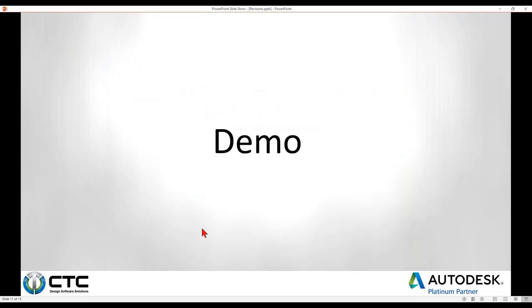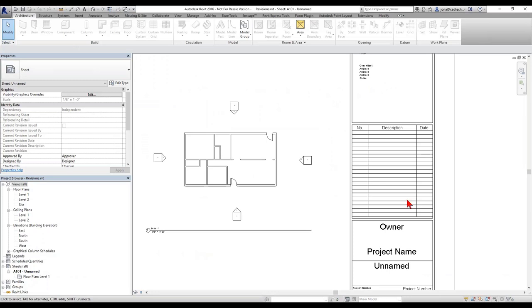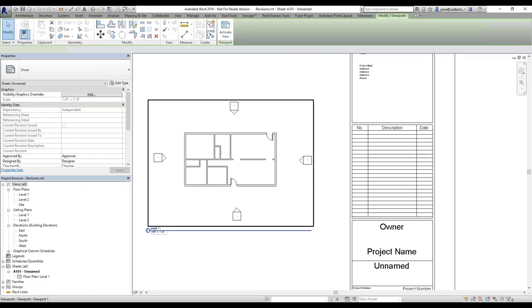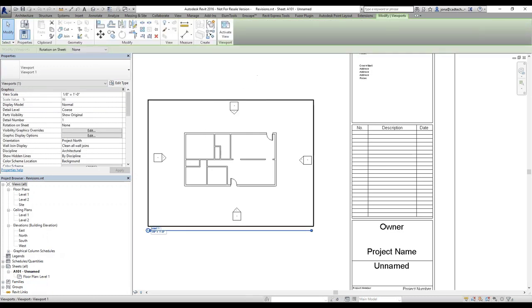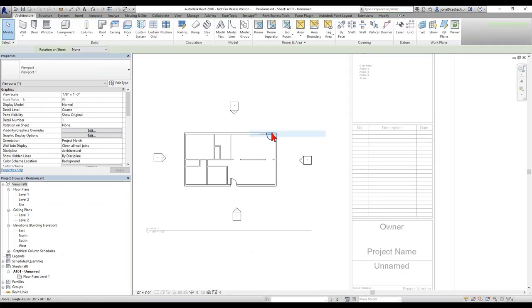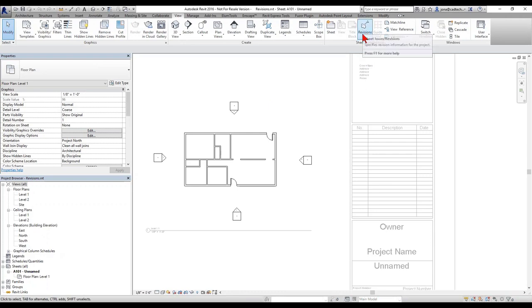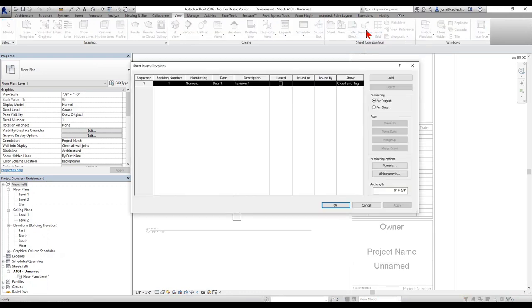So we'll jump into Revit now. All right, and now that I'm in here, basically going to go back and review everything that we just talked about. I'm going to activate my view, double click or right click and say activate the view. Go to my View tab, go to Sheet Composition panel, select Revisions, and then I can start adding